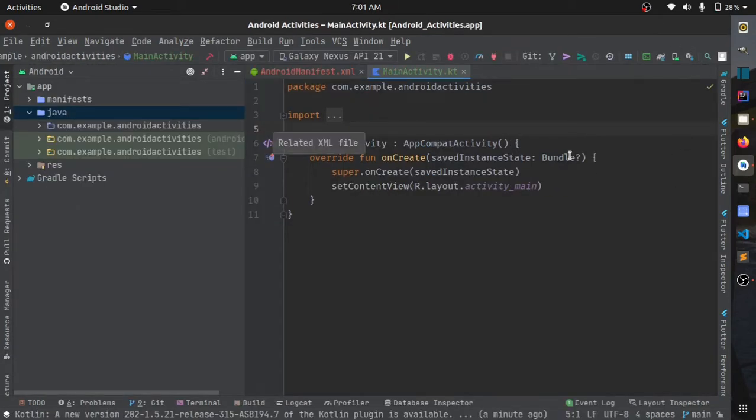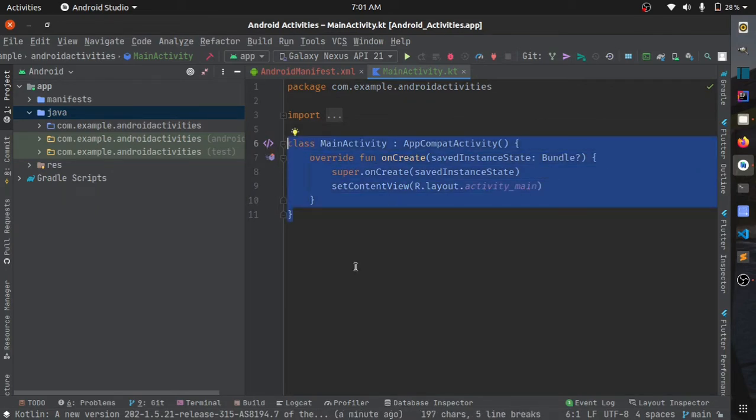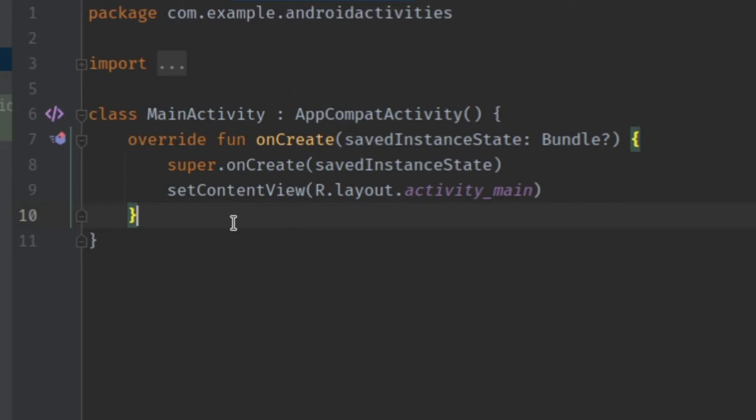Okay, now that Android Studio has finished building the project, this is what Android Studio generates: a class extending AppCompatActivity, which extends Activity, that is a crucial component of the Android operating system. Then onCreate is a method of an activity which is called when the activity is created. Then setContentView inflates the view which we provide the reference to, and the activity's window displays the UI and the user interacts with it.